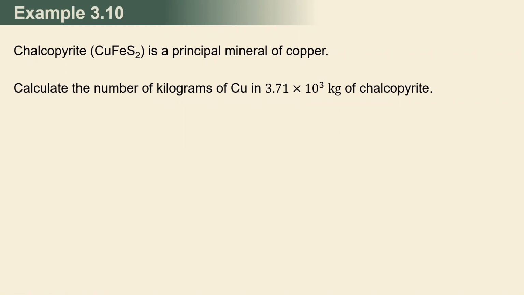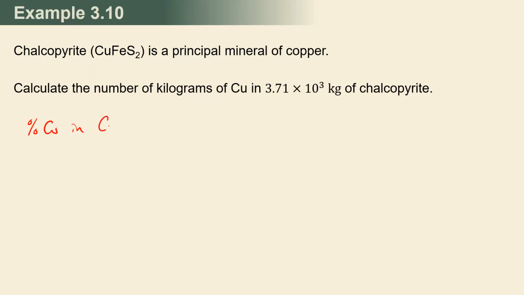There are a couple ways to solve this problem. You could find the percent copper in chalcopyrite first, and then multiply our number times that. You could multiply the initial mass of the mineral by the ratio of the masses of copper in the mineral. That would require some unit conversions. And so let's just do this first. The percent copper